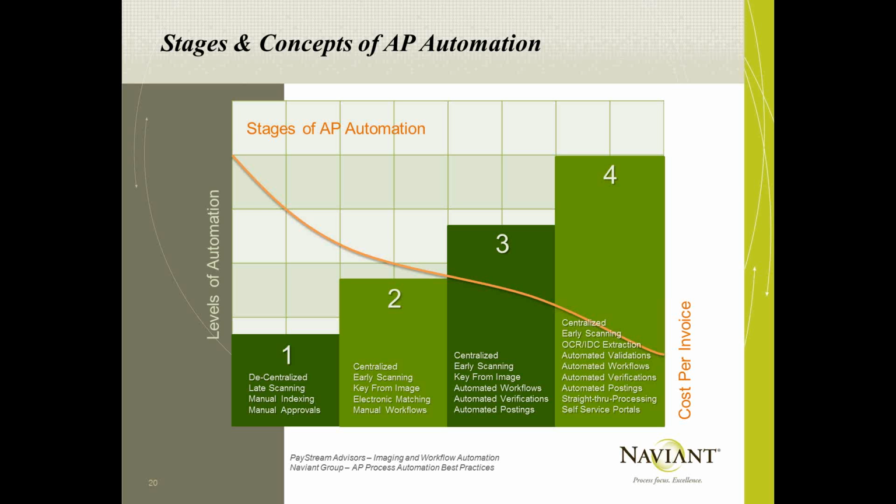So once that is all mapped out from a current state and a future state, as we work with various organizations around the country and around the globe and look at all these different options, we typically see these 4 concepts being manifested in general terms. As you would expect, as you move from left to right, the cost of invoice reduces as that automation increases. Starting on the far left, it's typically something that we call late